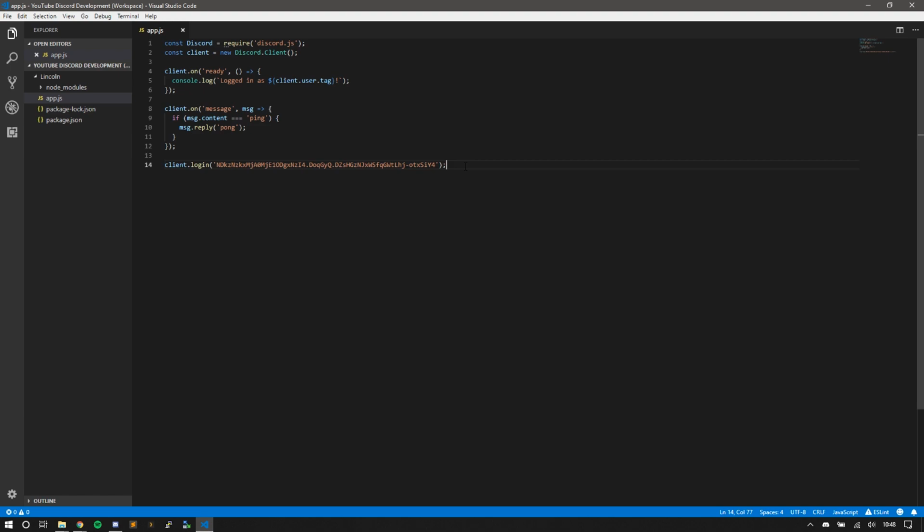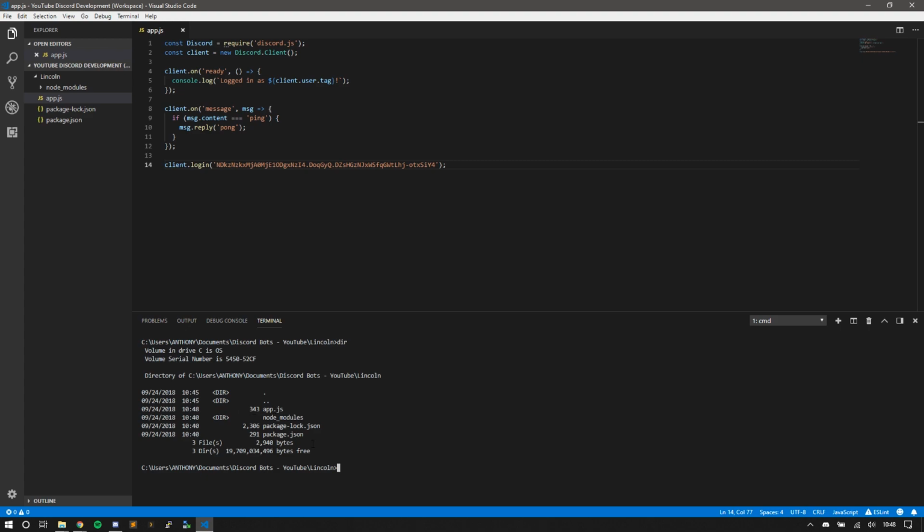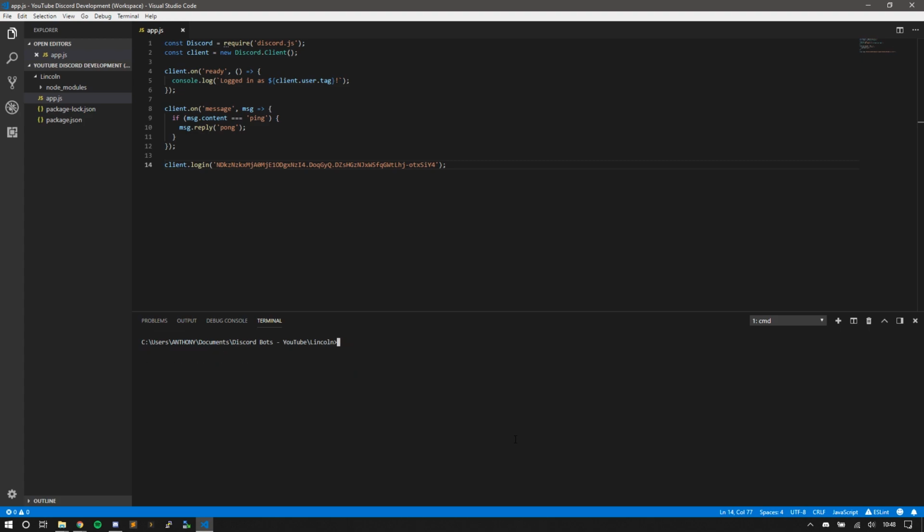Now, a really neat feature with Visual Studio is you can open up a terminal in Visual Studio. I can do this with Control Grave. I think it may be somewhat similar on Mac. I cannot remember off the top of my head, but that's how you can do it. And here it'll start up a new terminal, CMD. So if you do ls here, well, sorry, I'm a Linux person, so ls doesn't work. Do dir, you can see the different folders of packages and files in here. app.js. So all you have to do as a start is do node app.js.